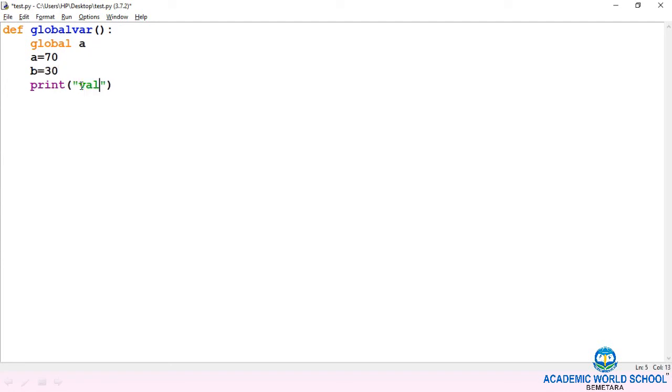B is equal to 30. Value of A and B in a function, A comma B. Now the function is over. A is equal to 30 and B is equal to 40.